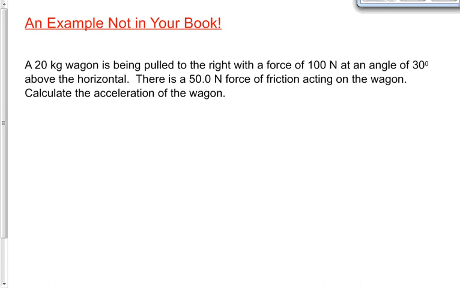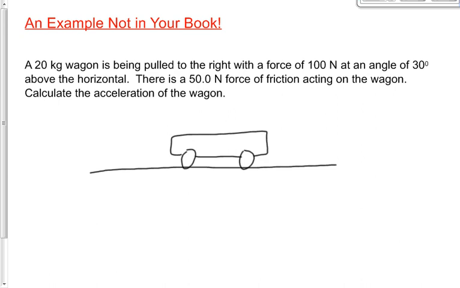Have a closer look here. It says a 20-kilogram wagon is being pulled to the right with a force of 100 newtons at an angle of 30 degrees above the horizontal. So let's draw the ground here first. Here's ground level. Here's the wagon. And you're pulling that wagon up at an angle like this of 30 degrees,